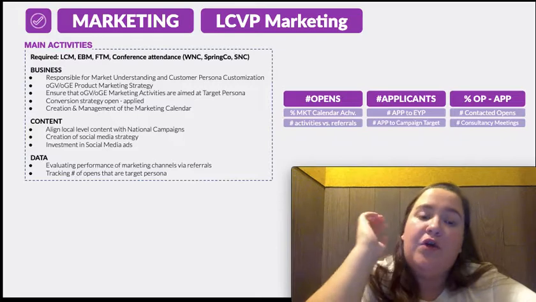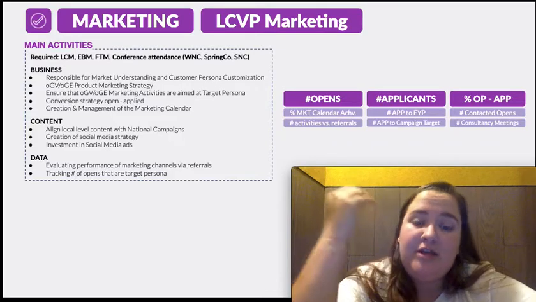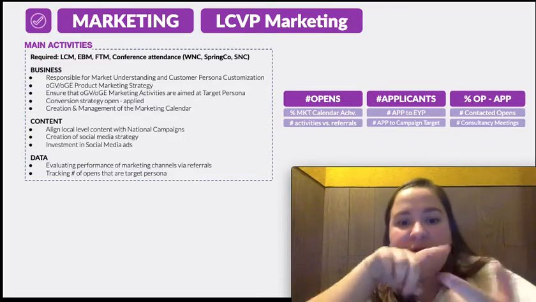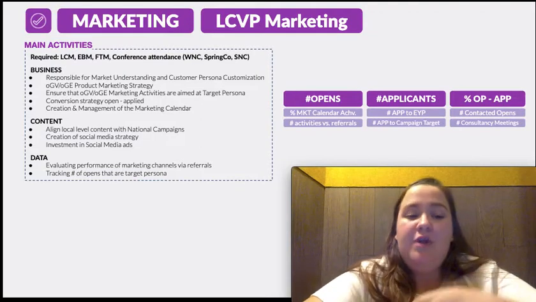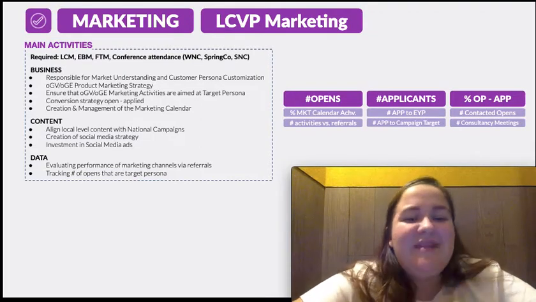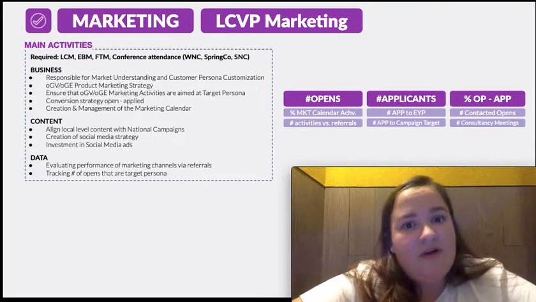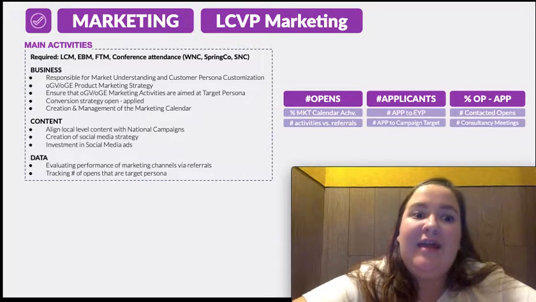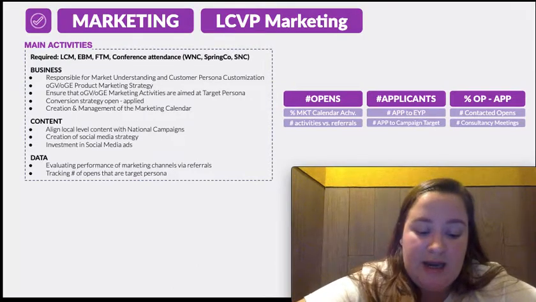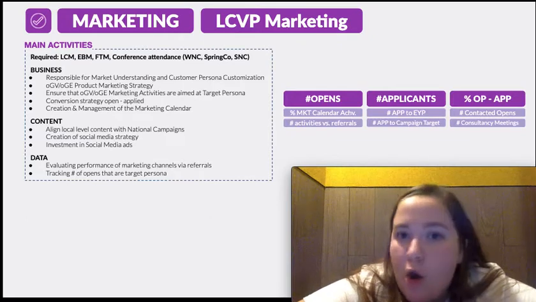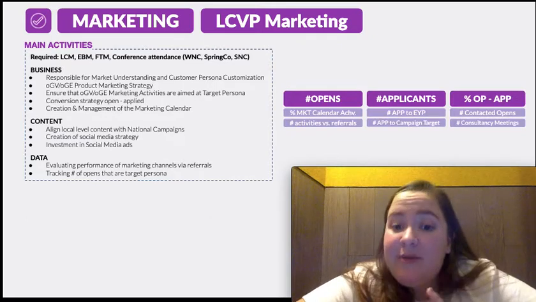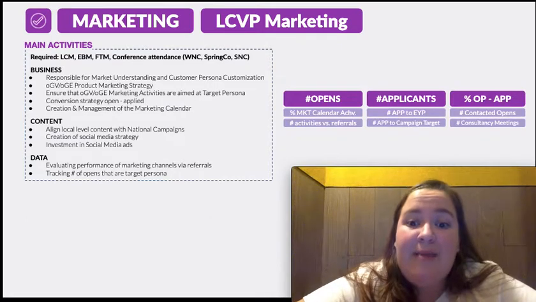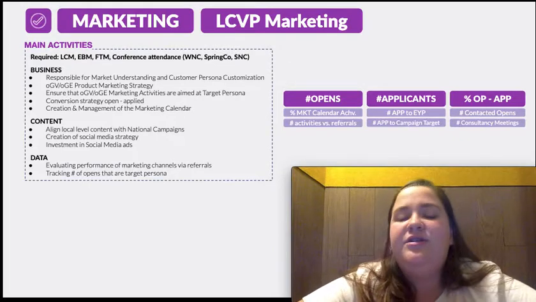Of course, there are more that you'll be tracking yourself, but what your LCP should track you on is % marketing calendar achieved. So number of activities planned versus achieved, the number of activities versus referrals, which is something we talked about before. So like, is my tabling effective if I'm doing 10 hours of tabling and getting 1 open from tabling? Applicants, the KPIs that go underneath that is applicants to EYP, which is the applicants to your country